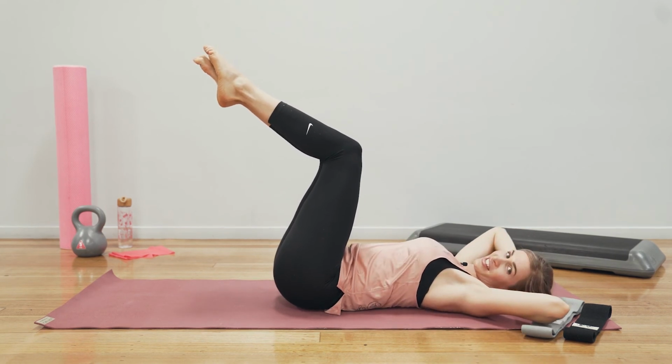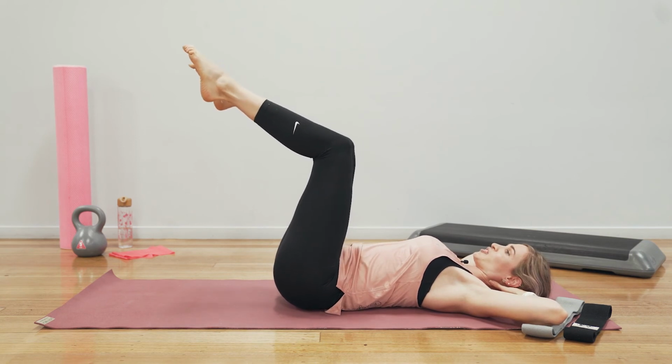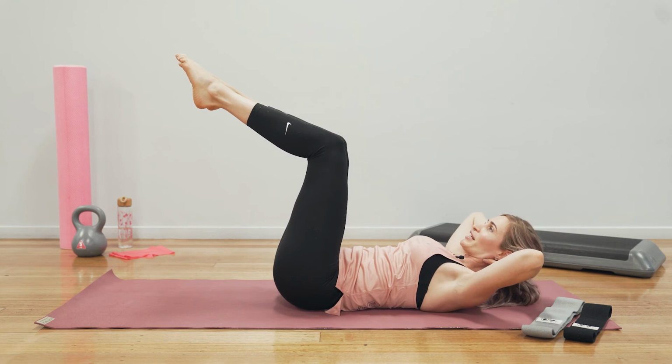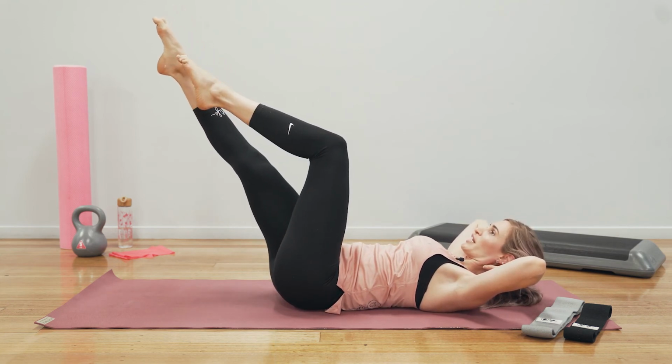So this is a challenging exercise, but I know you can do it. So spine is in an imprinted position. Our legs now just going to pry apart so they're hip width apart. We're going to take an inhale, tighten T-zone. As we exhale, we're going to lift head and shoulders off the floor. Good. Take an inhale here, and on the exhale, just extend one leg, leaving one leg in tabletop, and then